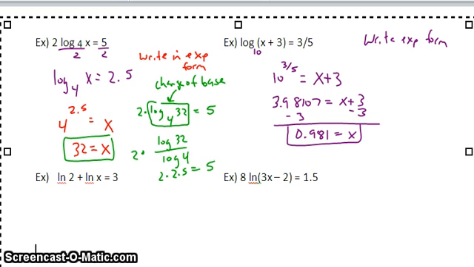If I'm not sure if this is right, we can go through and check it. Take the log of 0.981 plus 3, and when we do that we should get 3/5. Now because this is log base 10 already, I can actually just type that right into my calculator. Log of 0.0981 plus 3, close the parenthesis, and I get 0.491095,